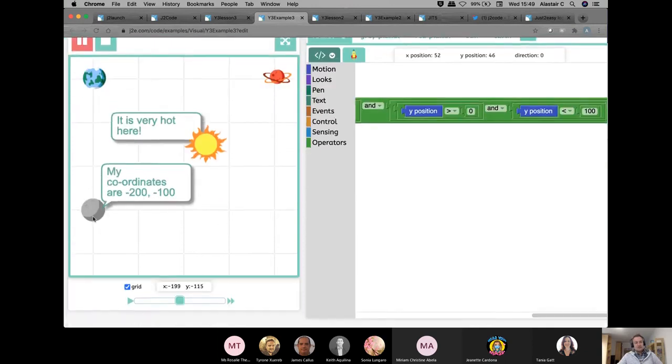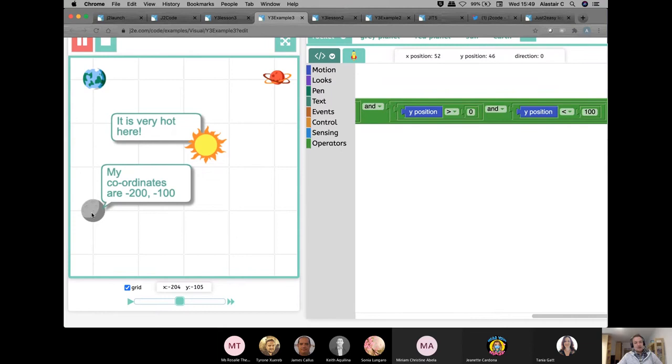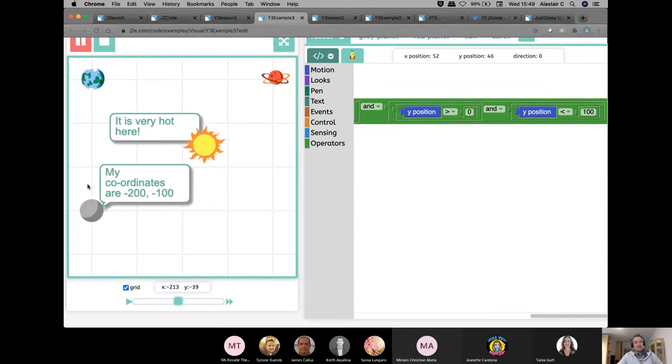And also it'll show that the coordinates for the moon are -200, -100. And it'll show the coordinates for the Earth, and it'll put the Earth at the center. And it will also put the red planet at all of the points on the chart, as you see there.